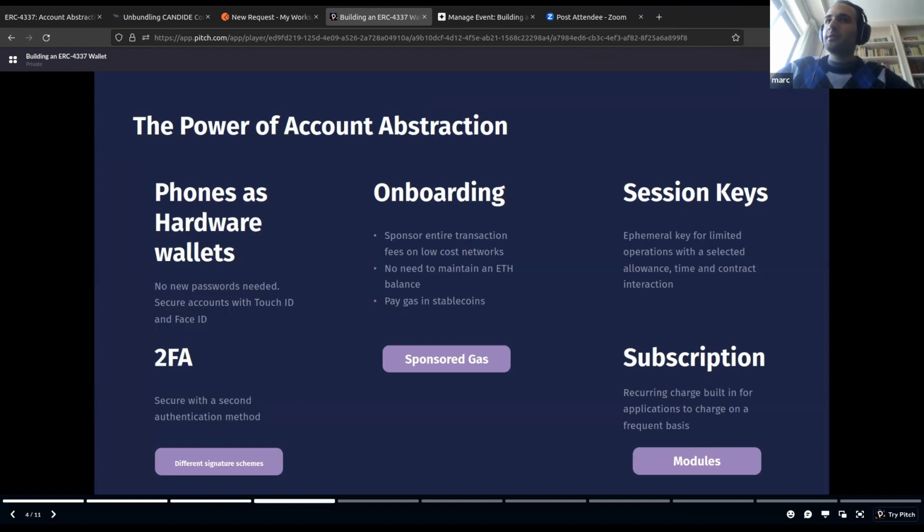Onboarding, we talked about this. Instead of having the user get started with some ETH or other, you can sponsor completely if you're on a network with very low fees like Polygon or Gnosis Safe. It makes sense today. On rollups, as they start scaling, it might get cheaper. You'd be interested to sponsor their entire transaction, and you just need to implement the way so that you don't